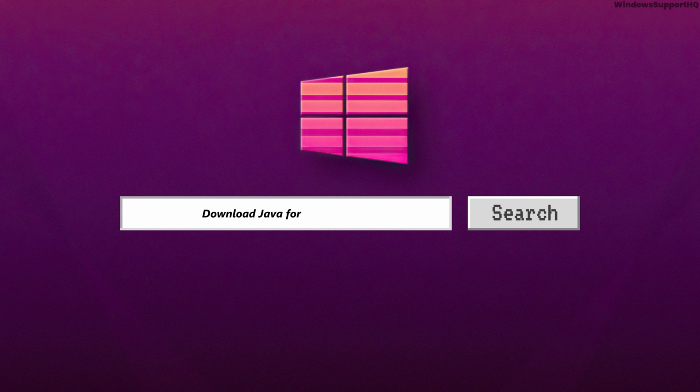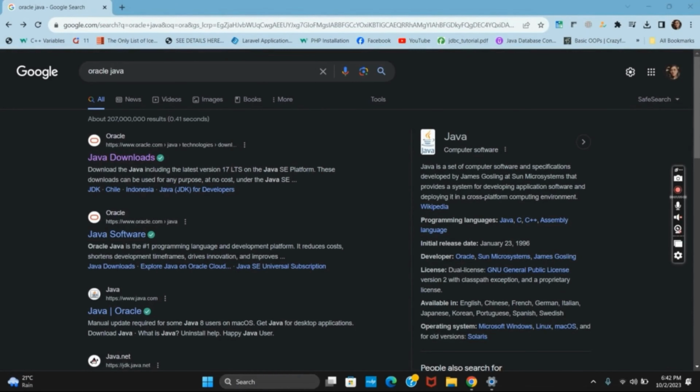How to download Java for Windows 11. Hello everyone, and let's get started. So if you want to download the latest version of Java on your Windows, first of all open any browser